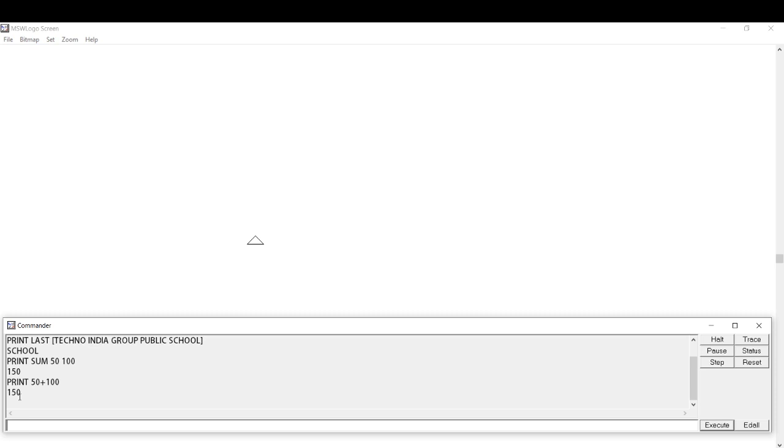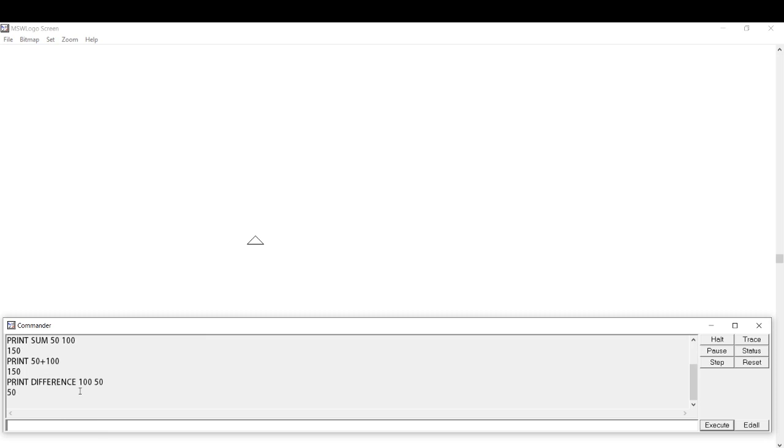Now suppose you want to subtract numbers, you can use the difference function. Difference means subtraction. So print difference, and suppose I want to subtract 50 from 100, so 100 space 50. Click the enter button.